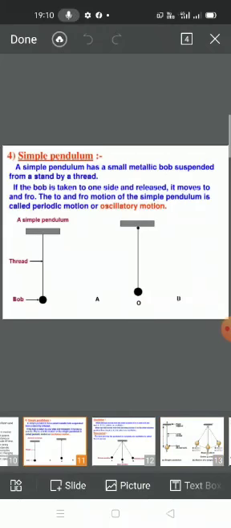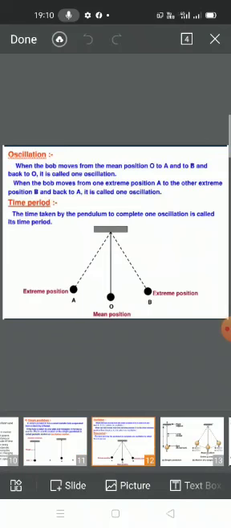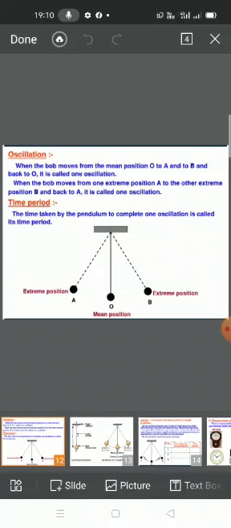Let's move on. I have explained to you what oscillatory motion is. Oscillatory motion means the movement of the bob from its mean position to and fro. Motion of a pendulum is known as periodic, or you can say oscillatory, motion. The to and fro motion is the main point. You have to add that to and fro motion of an object from its mean position is known as oscillatory or periodic motion. Some of the terms are added here: what is oscillation and what is time period. We have discussed it all.